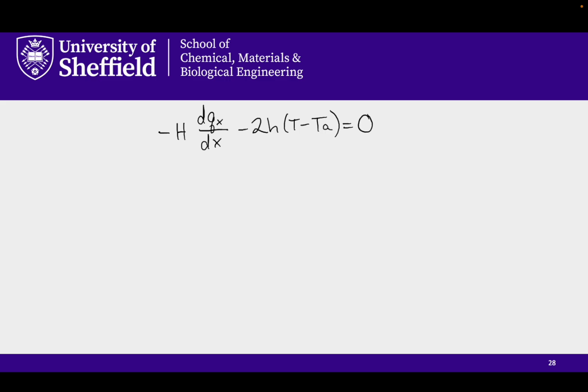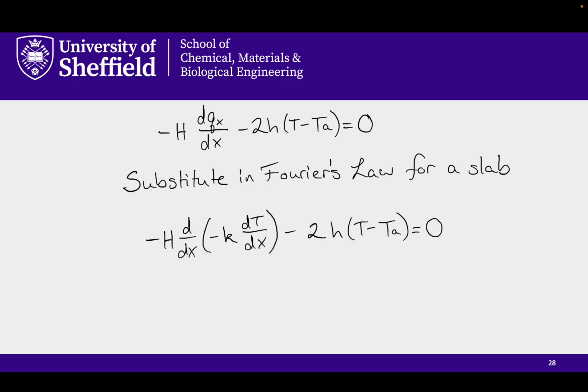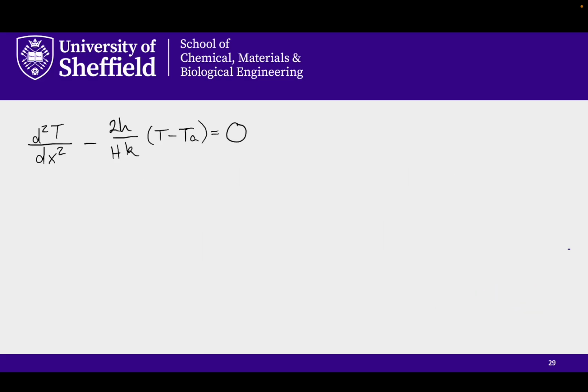So for our governing equation, we can substitute in Fourier's law for a slab for Q sub x. And when we do that, we are able to write the expression entirely in terms of T and x variables. We assume that k is constant, divide both sides of the equation by h, and we get our governing differential equation. So in this equation,